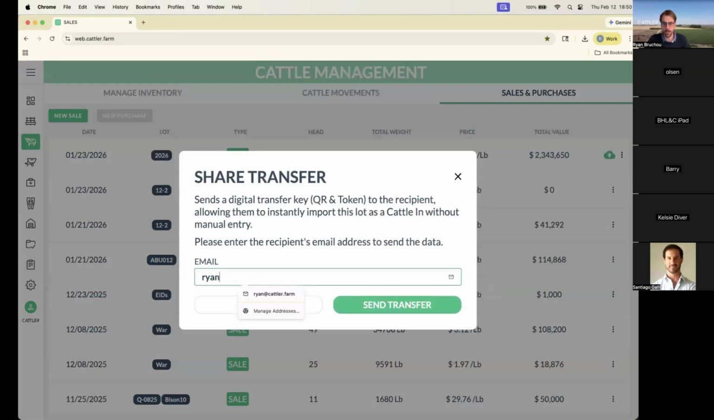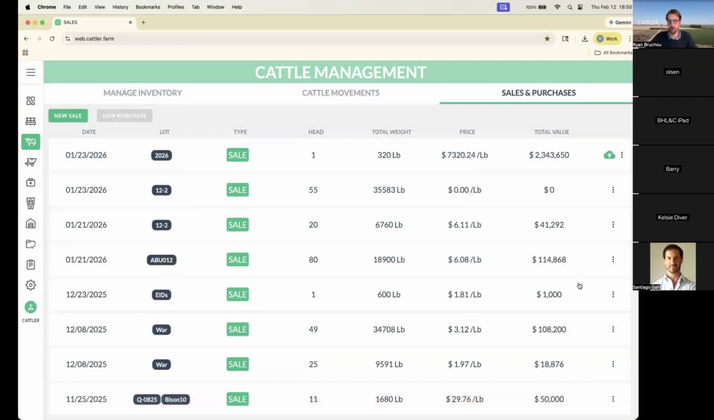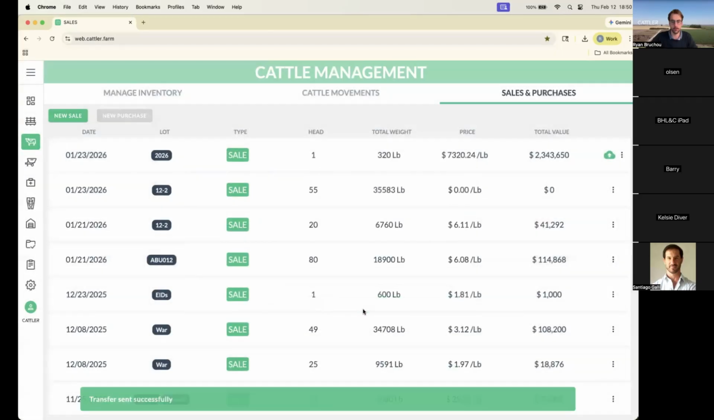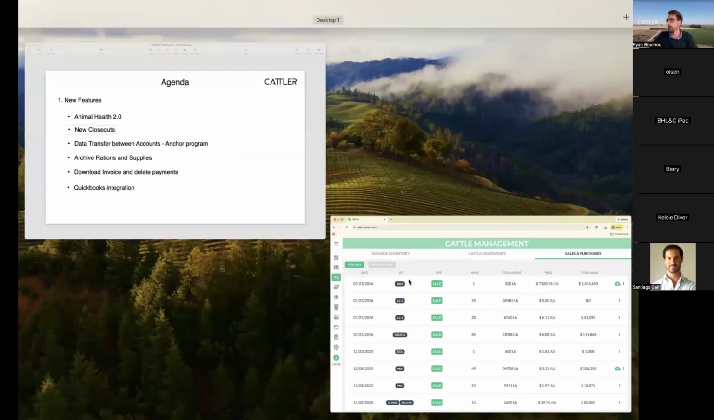I can put it in my email, and it will send me they've been transferred. So not this one. Let's try over here. Sure. Right. Cattler.farm. There we go. So now what's going to happen is on my email, I'm going to be receiving a document. See, it's already told me that the transfer has been sent. And with that, I now have to go to my email and it will give me a one-time token that will allow me to